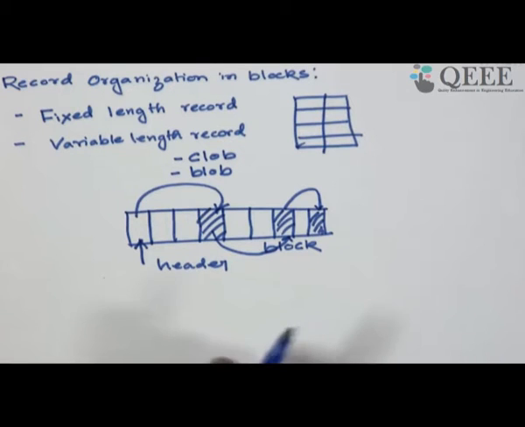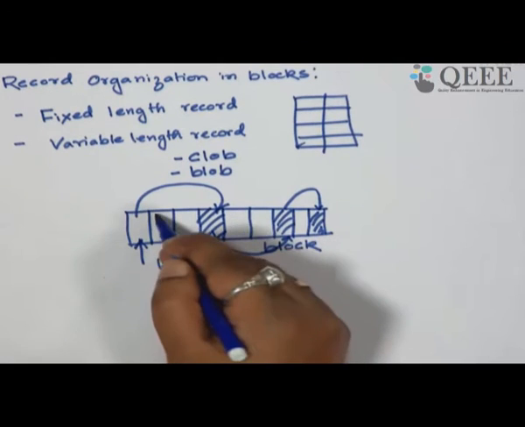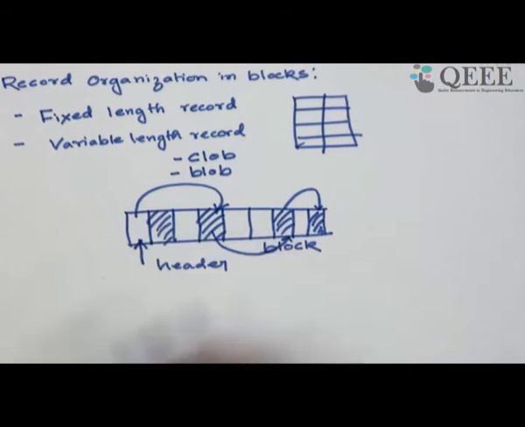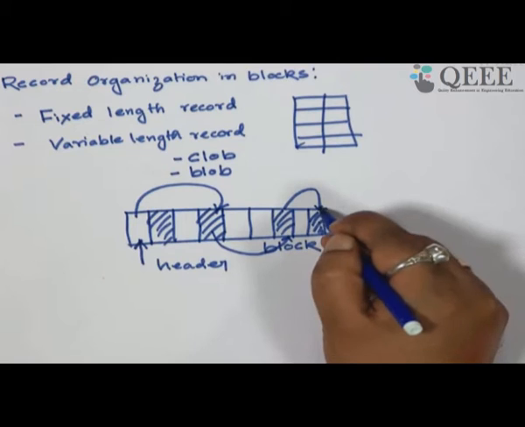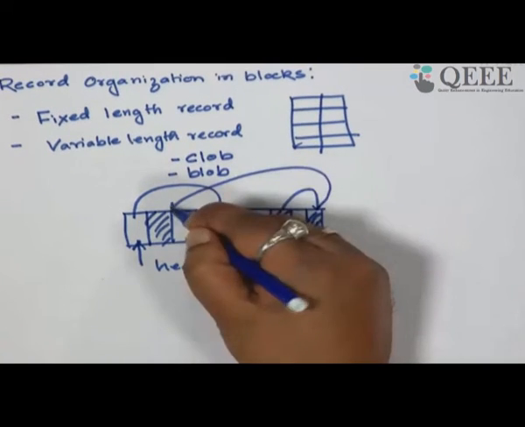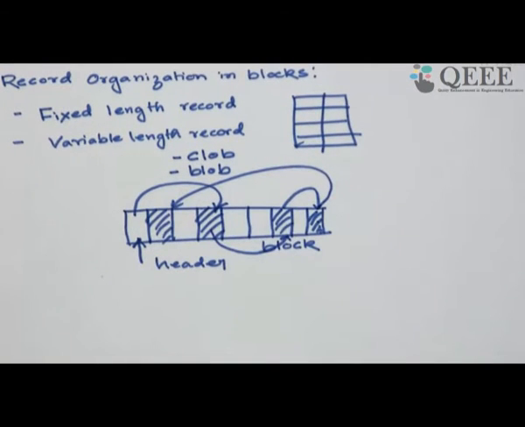So when you are deleting a record, say I delete this record, the last free location will add a pointer to this newly freed location. So this way I basically maintain a linked list, called a free list, of all the free locations. This is possible only if all records are of equal size.